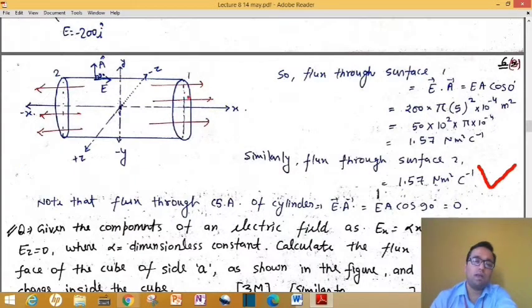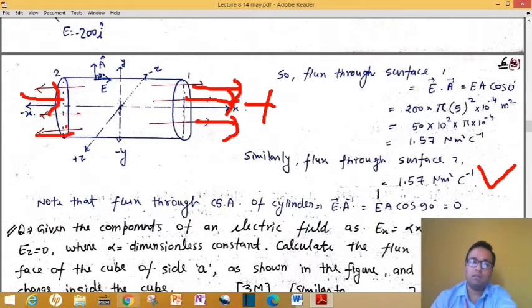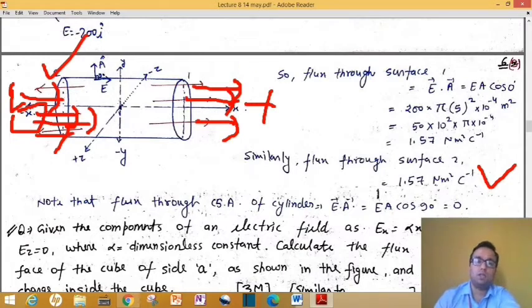Moreover, one more thing you can remember: if light is coming out of this surface, meaning radiation is coming out of this surface, your flux is considered as positive. If flux is going into a given area, suppose light from a torch, or radiation is going into a given area, your charge may be placed outside of this, then you have to take that flux as a negative one.